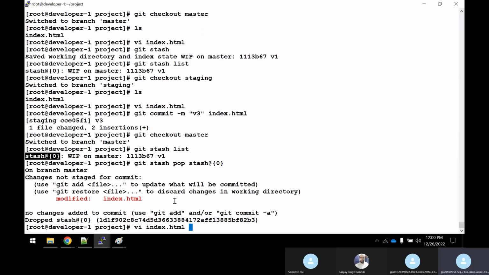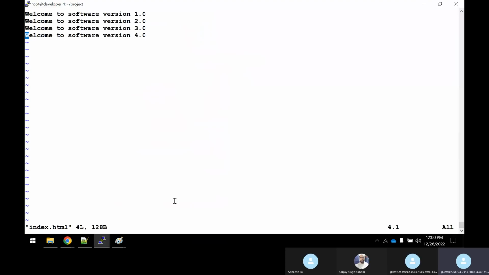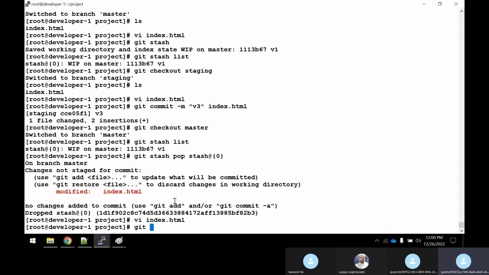Now he'll open the index.html file. Now you could see that, guys, he has recovered all the data. It means that his data is not lost. Now he will save the file, right? And we can do whatever he wants. He can commit now